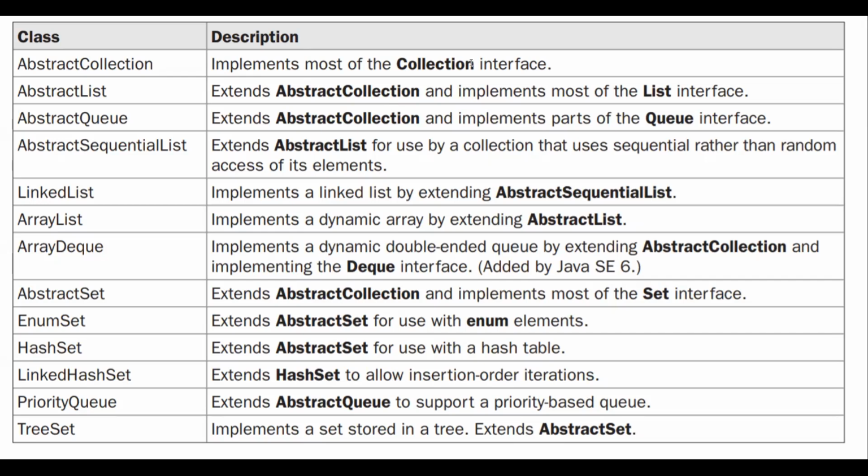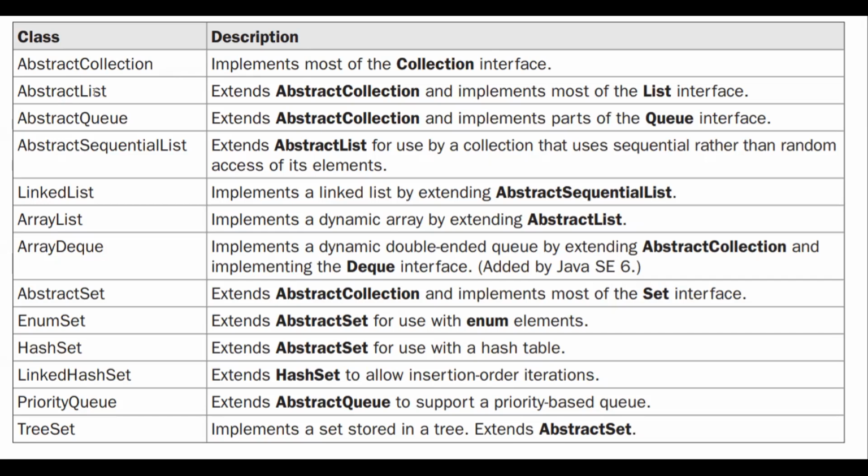So collection is the base interface, which is implemented by the abstract collection. Then using abstract collection, abstract list and abstract queue respectively implement the list and queue features. Then abstract sequential list extends the abstract list, where it allows sequential access rather than random access of the elements.